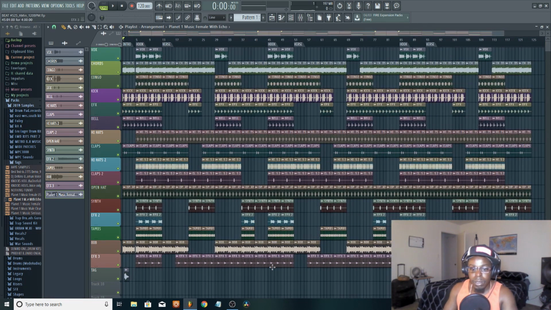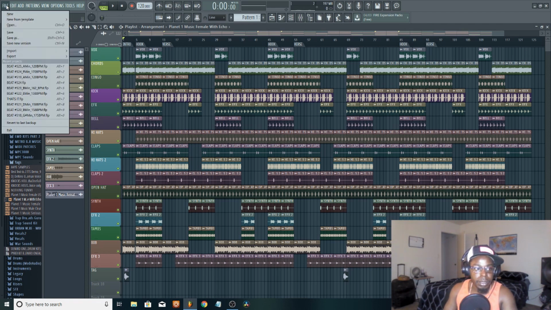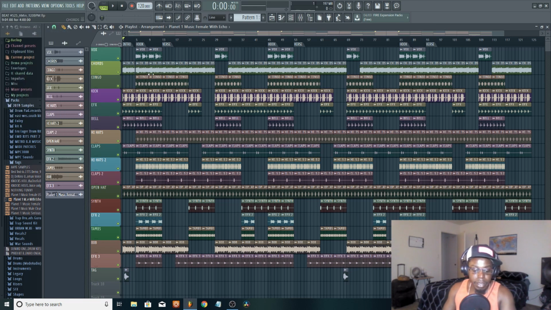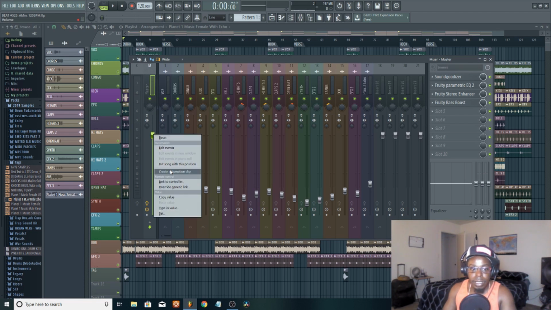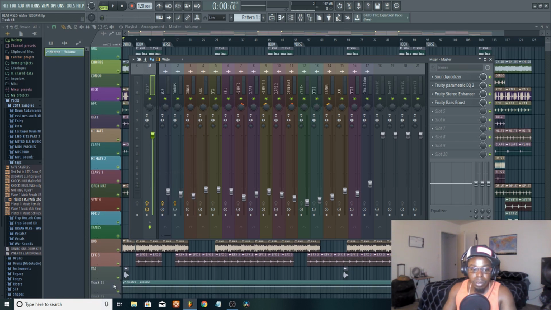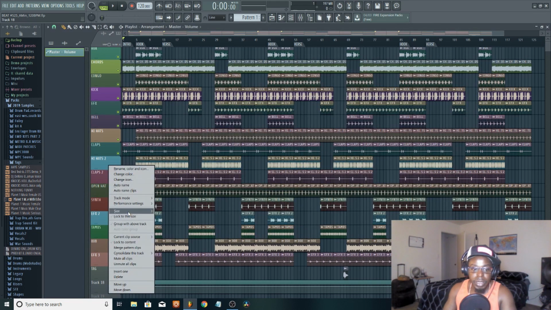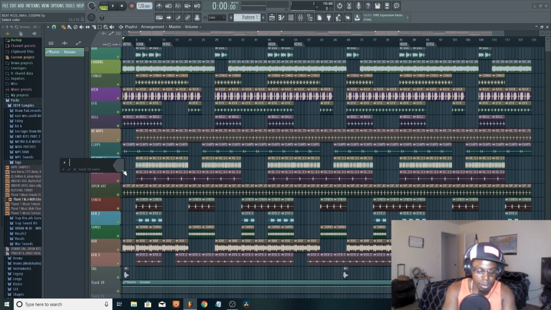That Planet One Music thing I got off of an app on my phone, and I just converted it over. Put it in there at least like 3 times, so people won't try to take your stuff too easily, which they can get it anyway. I hit save. Okay, now I'm going to make it fade out, and how I do that, I go to the master track, right click, and then I do create automation clip, and it's going to show up down here. Okay, and I just rename this as well. Just put volume,